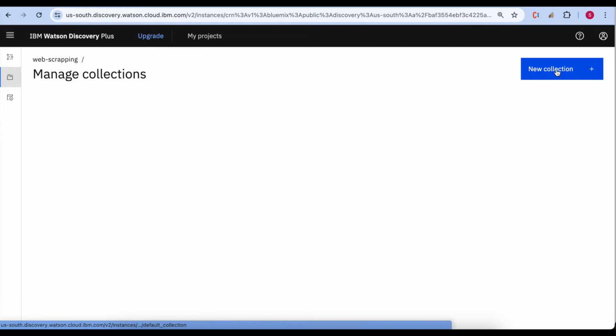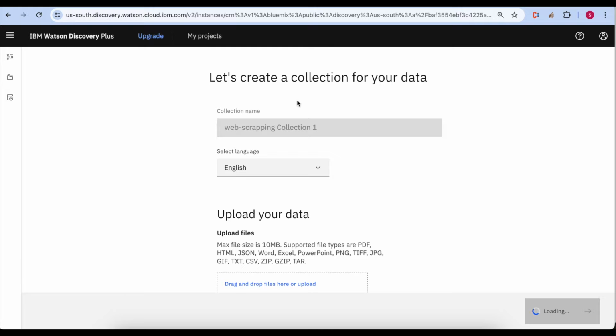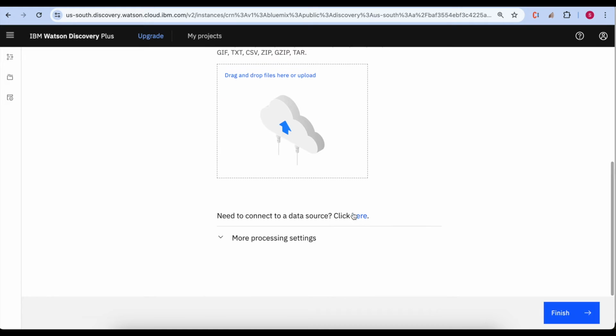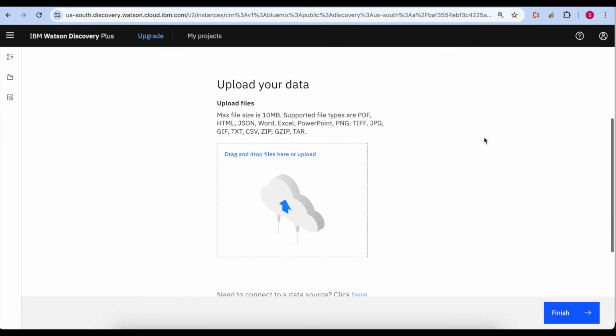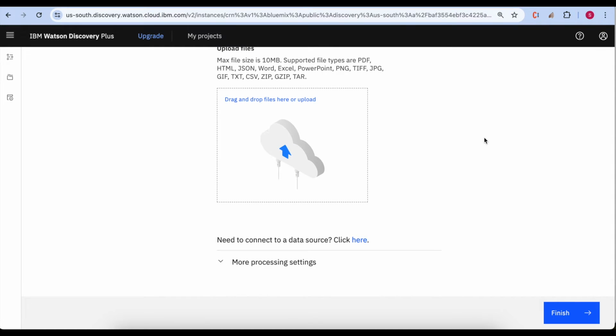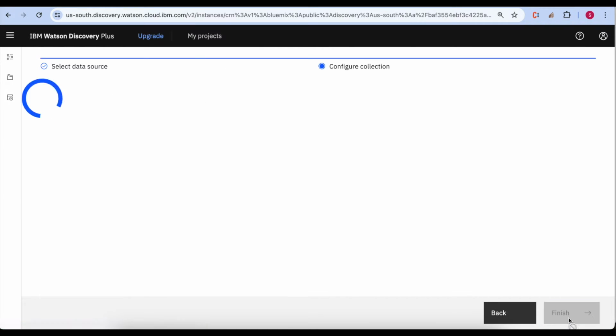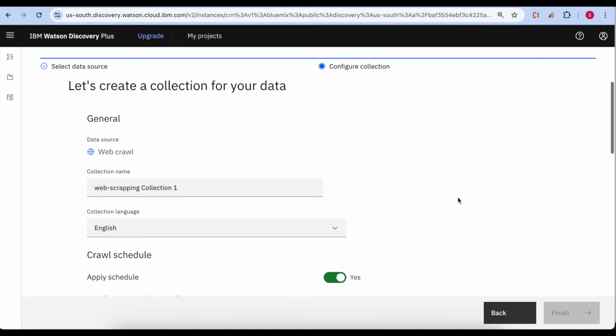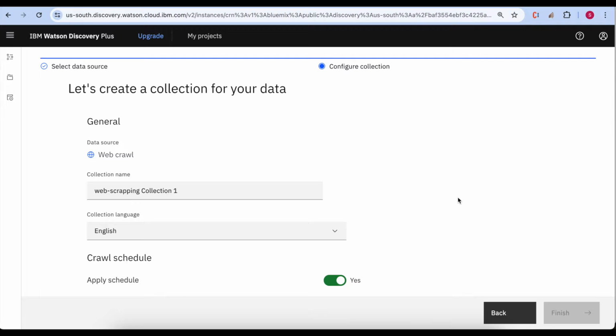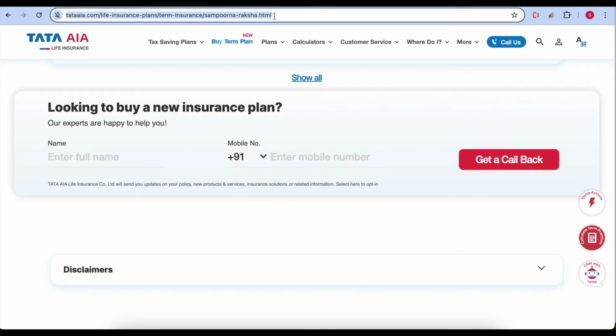Once you create the project, we have to create the collection for storing the data. Here we can see we need to upload the data, but now I wanted to select web crawl for doing the web scraping. So click on web crawl and then click on next. Now here we can see, let's create a collection for your data. So I'm going to crawl this website. So I am taking this URL,